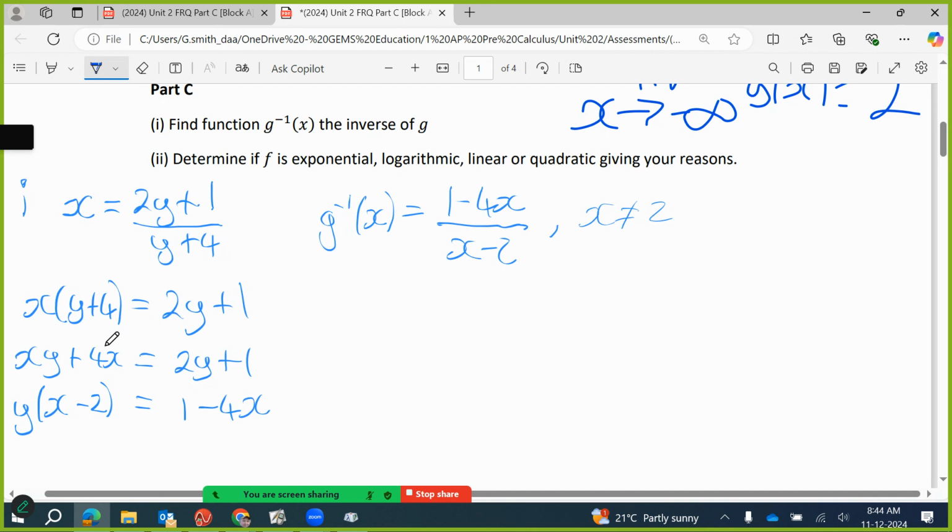Determine if f is exponential or logarithmic, and give your reasons for stating this. So if we look at the function, we can see that as x increases in a linear pattern, y decreases by a factor of a half, if you look at the function. So this means it is exponential. So in part 2, we're going to say exponential